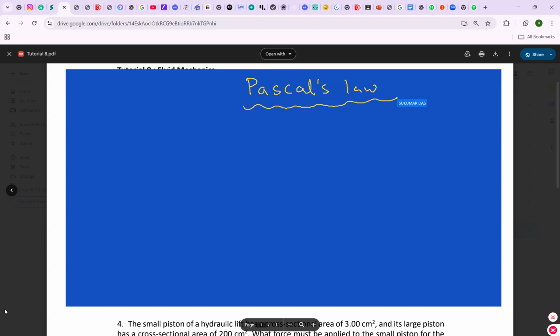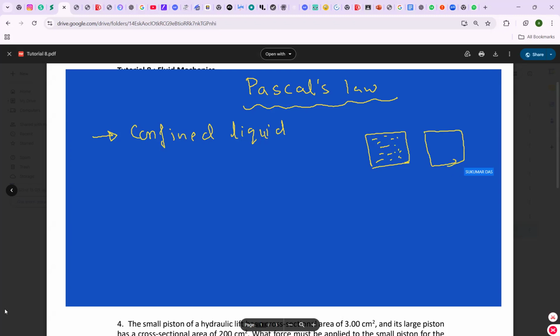Pascal's law is valid for your confined liquid. Confined liquid means a liquid which is enclosed within a container, full packed container, no air, nothing. So that means if this is the container, full liquid should be there. It's not that you take just half of it. Okay. So now in this confined liquid,